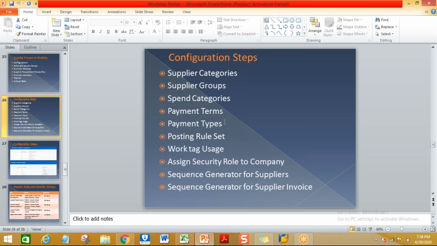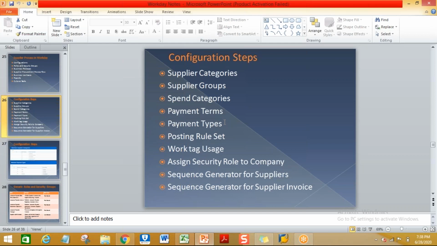It's like a mode of payment, through check or online payment or LC or bank. Yes, anything like that. Because as a company, you may have to deal with so many suppliers. Each supplier may follow or allow different payment types, nothing but the payment type or the payment method.